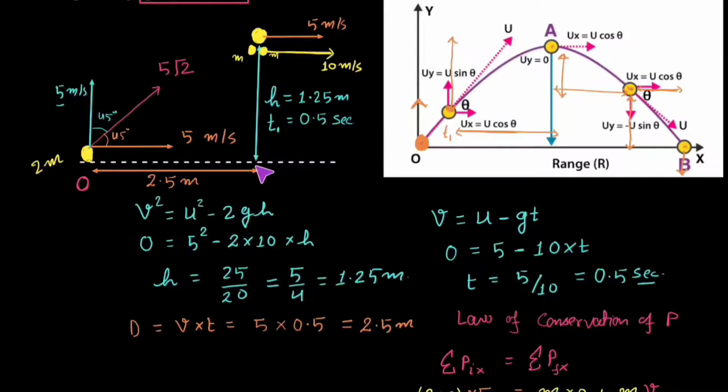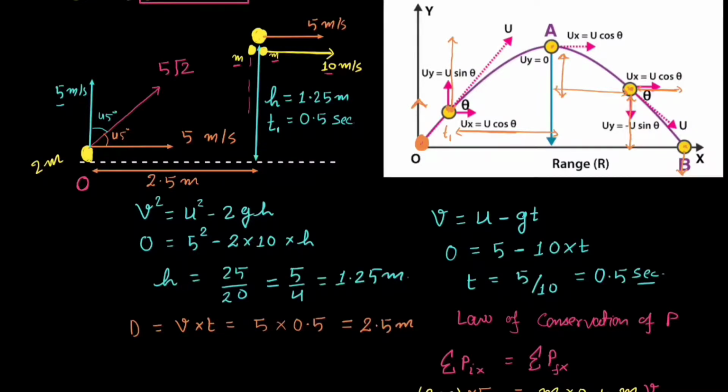It is given in the question. The other part is moving with a horizontal velocity of 10 meter per second, and at the same time it has 0 velocity in the vertical direction. So both particles will reach the ground at the same time, because the vertical velocity of both parts is the same, with a value of 0. So the time taken by both bodies to reach the ground would be the same. However, the path traveled by both particles would be different.